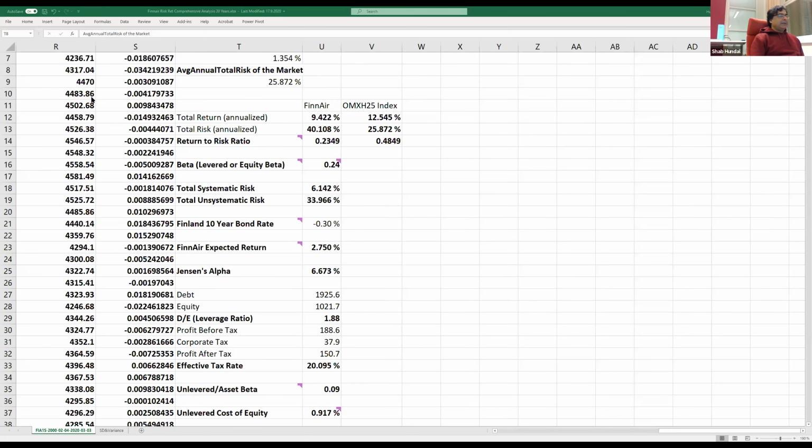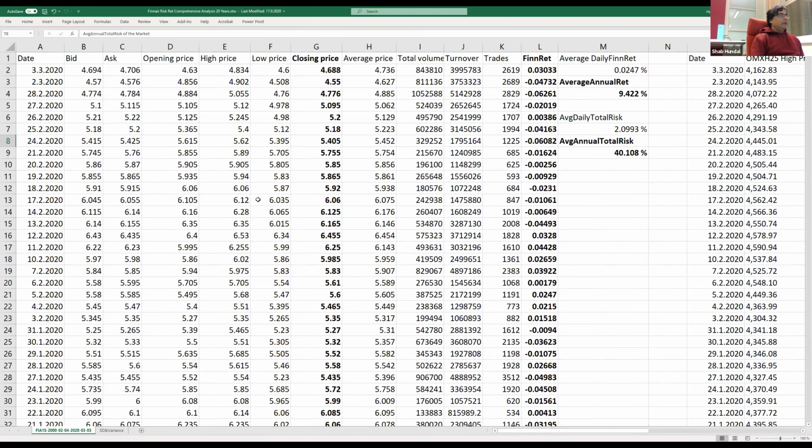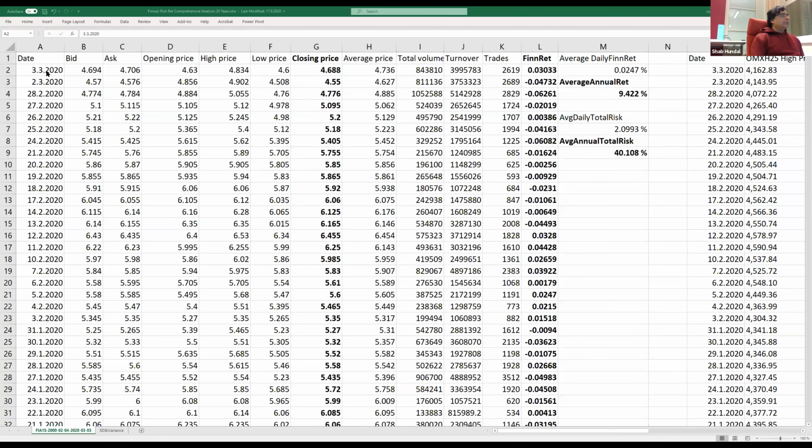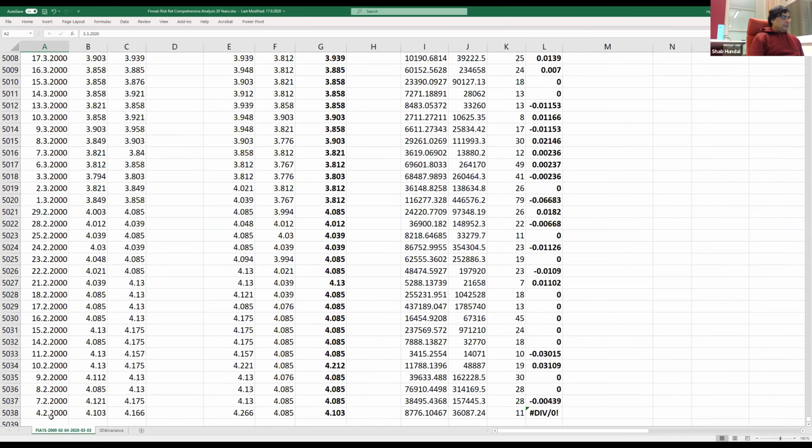Okay, so I can explain a little bit about this third task. What I did in this third task is that I downloaded the data of Finnair. Can you see the spreadsheet actually? Because I'm not sure if you can. Yeah, so here, I took the last 20 years of data for Finnair, from about 4th of February 2000 till 31st,